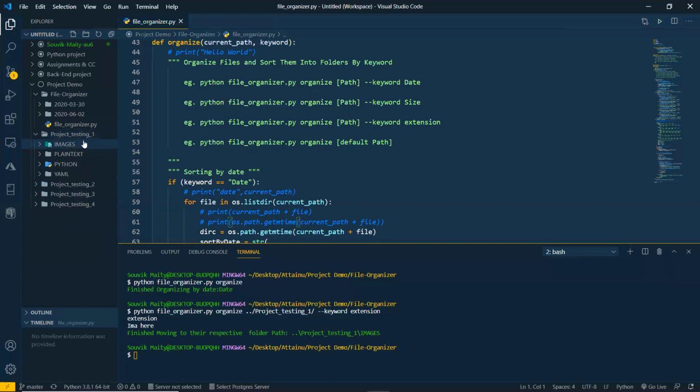Here are all the image files, here all the plain text .txt files, here all the Python files with the Python extension, and all the YAML extension files.